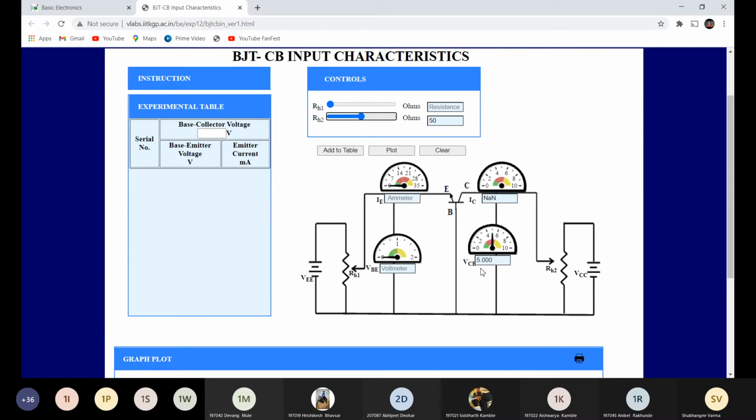Now we are going to change the VBE in steps of again 0.1, 0.2 up to 1, and then 1.2, 1.4 up to 2. Now it's 0.1. Add to the table. The VCB is constant at 5 volt and the VBE is 0.1. Then change it to 0.2. Add to the table.